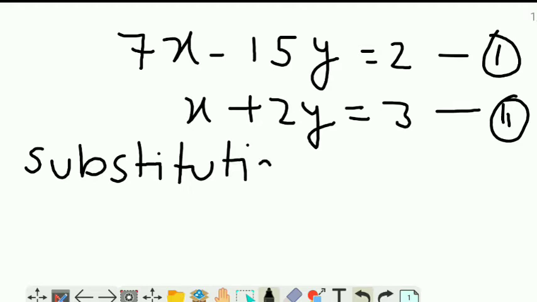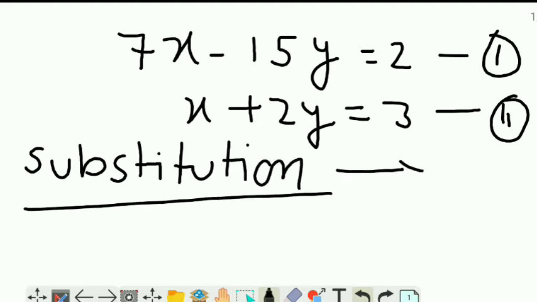You know the meaning of substitute? Substitute means we will replace. Just like in cricket you have seen substitute players: if any player wants to go outside the field, another player comes and takes the place of that player. So this is the substitute. Substitute means we will replace the values.